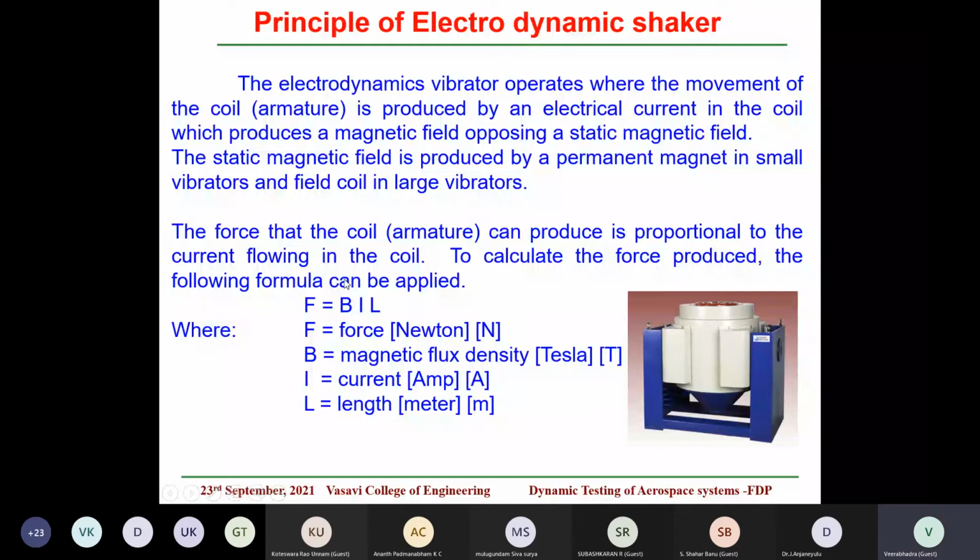So different capacities of electrodynamic shakers are possible nowadays, ranging from small, say 100 newtons or 500 newtons, to tons, like 16,000 kgf or 160,000 newtons, which we call a 16 ton or 20 ton shaker. Within electrodynamic shakers there are different kinds. For very low range we have permanent magnet based shakers. In the in-between range we have air cooled shakers, and very high force rating shakers we call water cooled shakers.